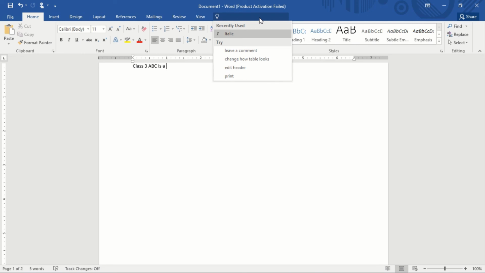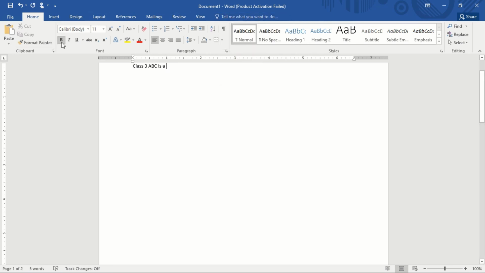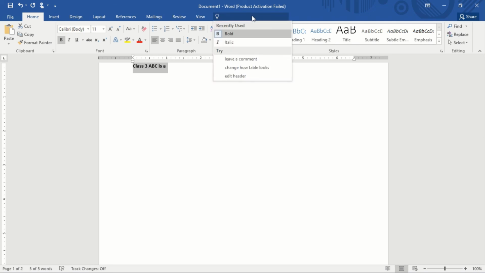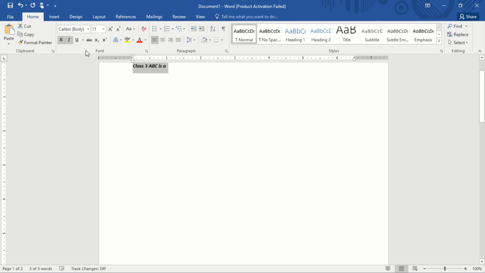Say, for example, maybe I am not getting the bold button. If I click here and press enter, see, this is highlighted. This will make the letters or words bold after selecting them. I click here, this is bold. Say, for example, I want to make it italic, then italic comes up, so it will be highlighted here.